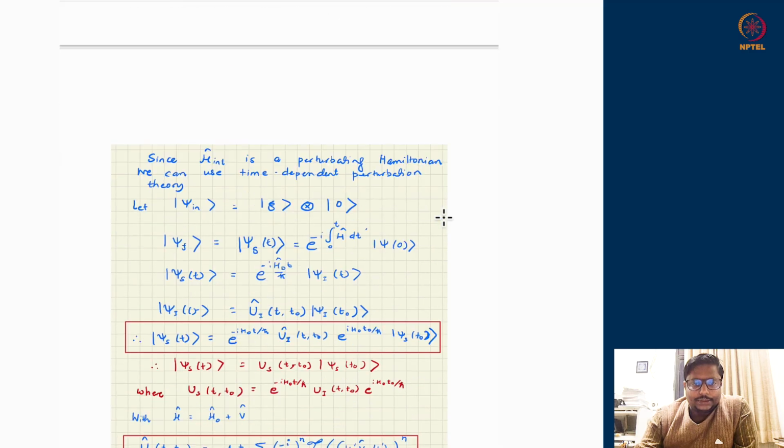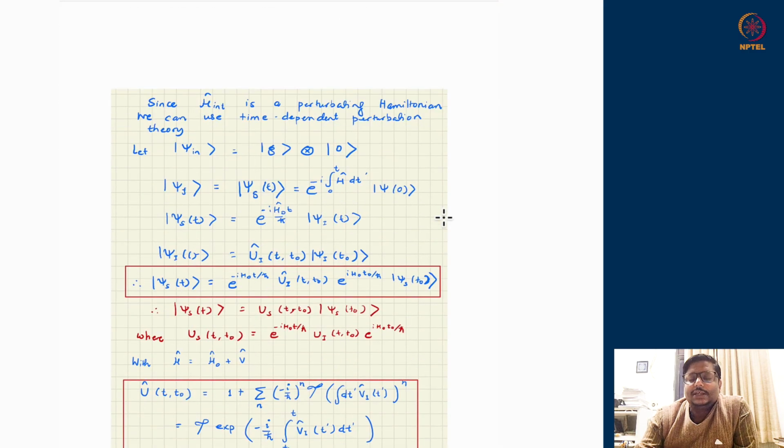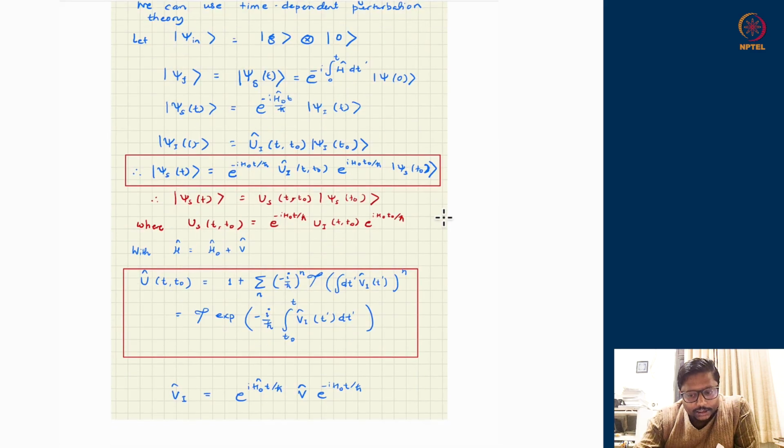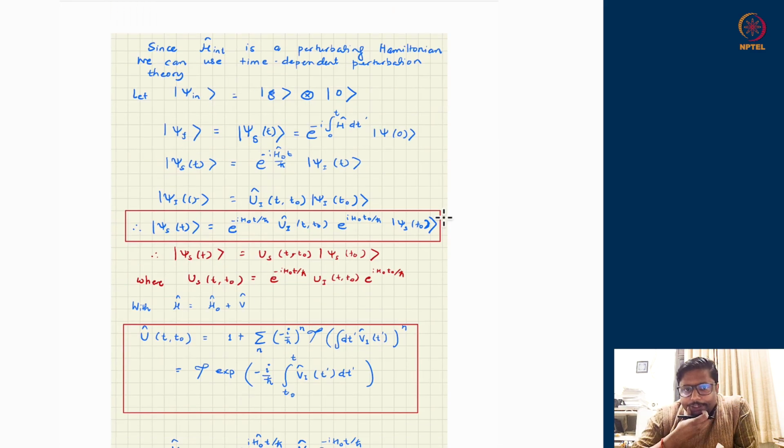So, in order to do this discussion, I will just recapitulate some discussions which we already had in the time-dependent perturbation theory approach, namely the Schrodinger picture versus interaction picture analysis. I will just recollect the essential things which we had already seen. If you want to brush up, go back to the week 2 or week 3 discussion where time-dependent perturbation theory, particularly the interaction picture, was discussed, and I am just recollecting the essential formulae from there.